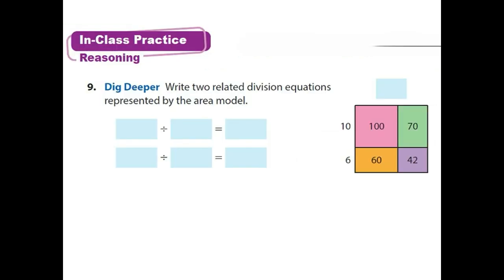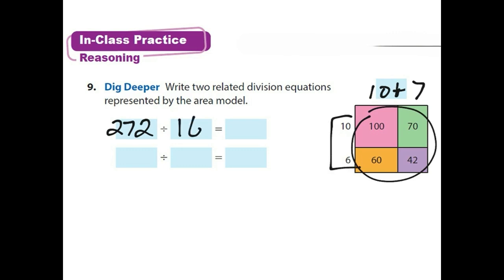So let me do part of this dig deeper with you, and then you can do the other part. Alright, so write 2 related division equations represented by the area model. Well, I know that 10 times 10 is 100. What makes 70 when you multiply it by 10? Yeah, 7. If we add all these together, we're going to have 272. If we divide it by 16, we'll get